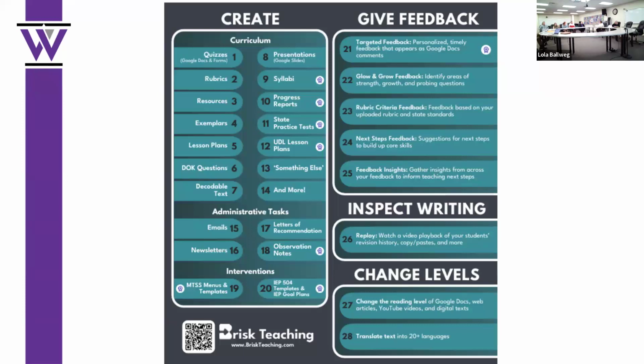It'll give feedback, which a lot of our ELA teachers are finding very useful in giving timely feedback to their students. It also offers the inspect writing tool, which in my opinion is a very powerful tool where if a student submits a Google document as an assignment, turns it in, the teacher can actually see the replay of that student creating that document. They can see if they copy and pasted anything in,